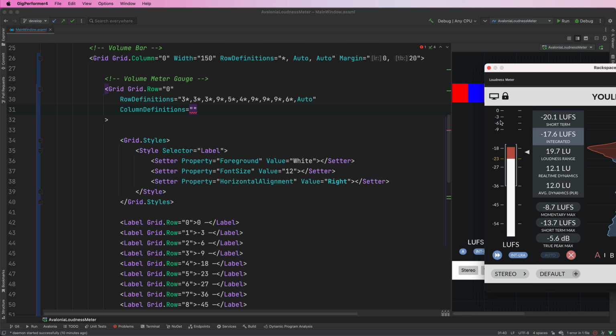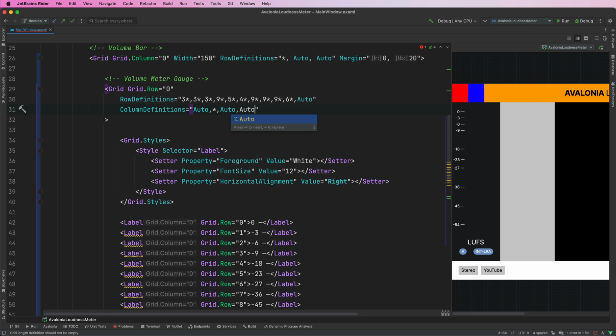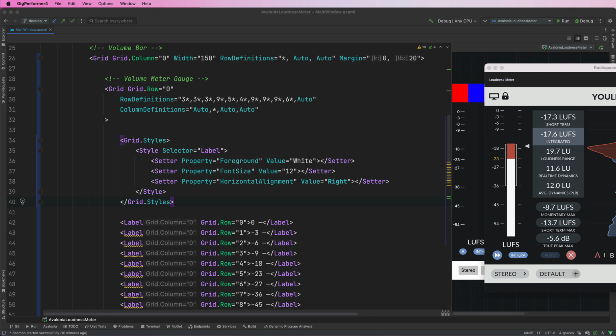And then we'll auto size the text, and we'll just let this arrow, I guess, take the remaining space, maybe. So that'll mean we want auto, star, auto, auto. But then is that going to center? Yes, just start with that. So auto, star, auto, auto. Let's start with that. And now you can see we have the bar aligning over this way, which is similar